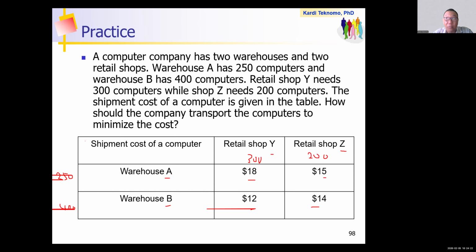Four. Okay, which one is the variable? The variables would be the transportation from warehouse A to retail shop Y. It would be AY.